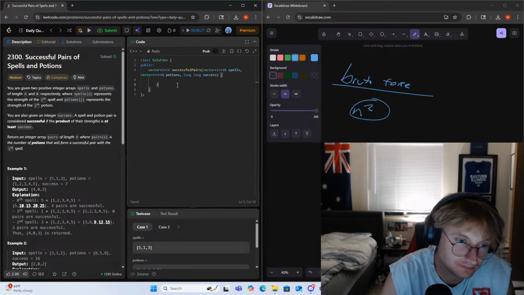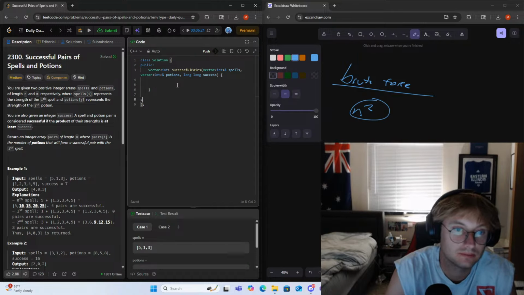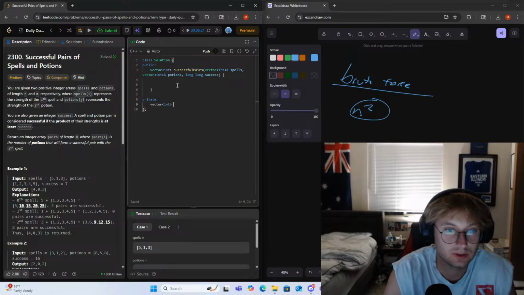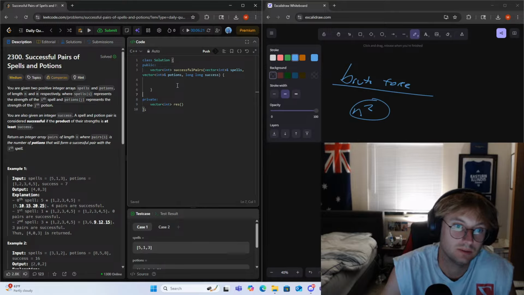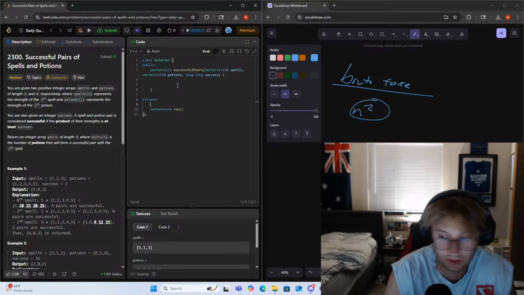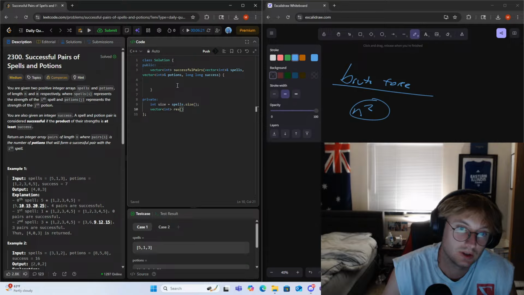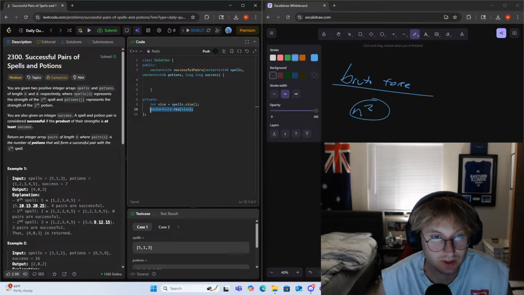So let's think about this here. Private, we want to return a vector of ints, right? Let's call this res, and we can initialize the size to be, like, int size is equal to what, spells dot size, right? We can put in size in here. Can't remember what the syntax is here, but